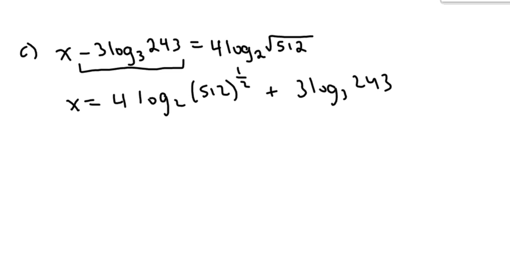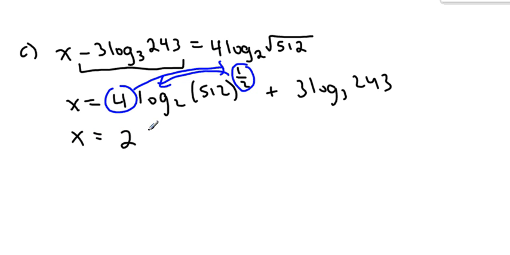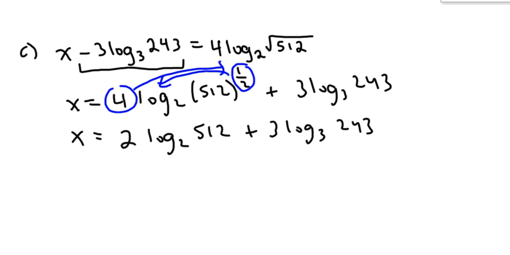Now this time, because I'm not going to move the 4 up to exponent land, instead I'm going to move the half into multiply territory. Those are just made up terms, by the way. So this is actually going to be a half times 4. That's actually going to be 2 log 2 of 512, plus 3 log 3 of 243. So now I'm going to leave the times 2 in front